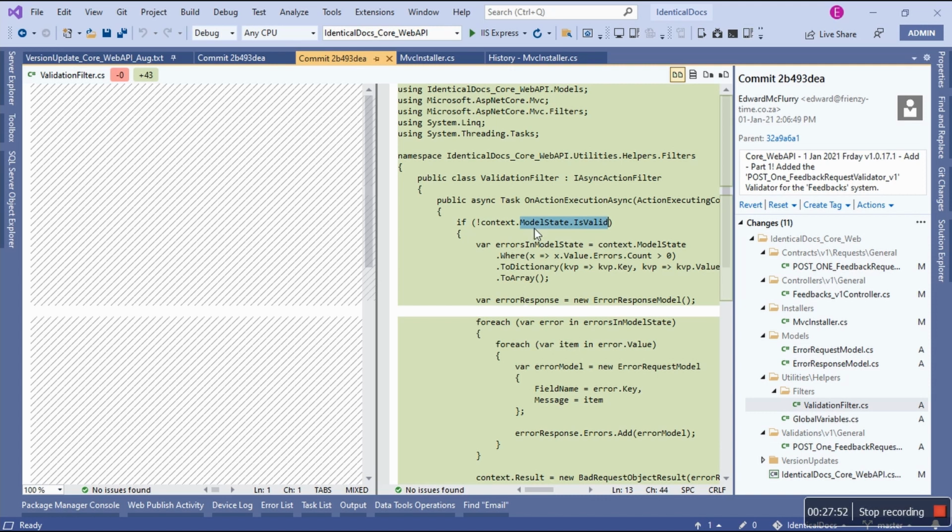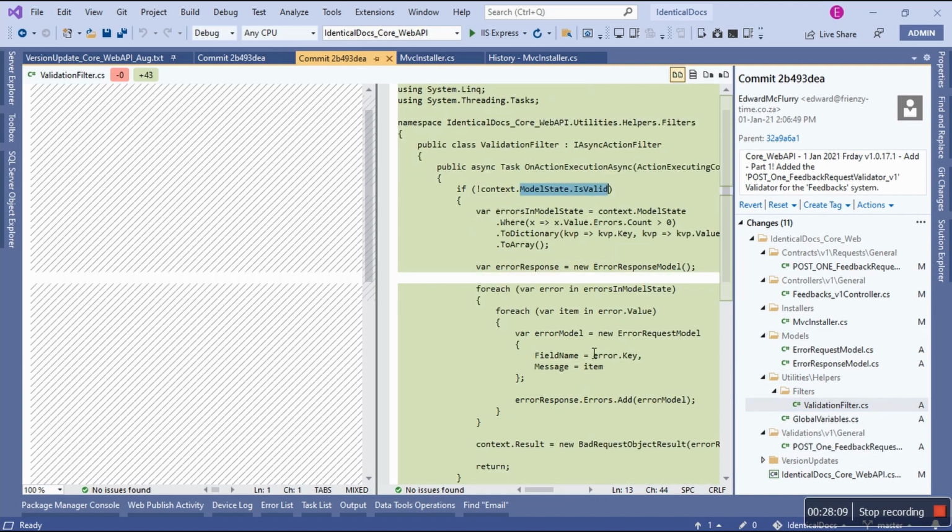You see what I'm doing? We don't have to say if on this control specifically. You'll see that in a second. If not, model state dot is valid. So I don't have to do all the checks in each and every controller. I just do it once on this class called the validation filter, right? And then this is it. We're making use of that error request